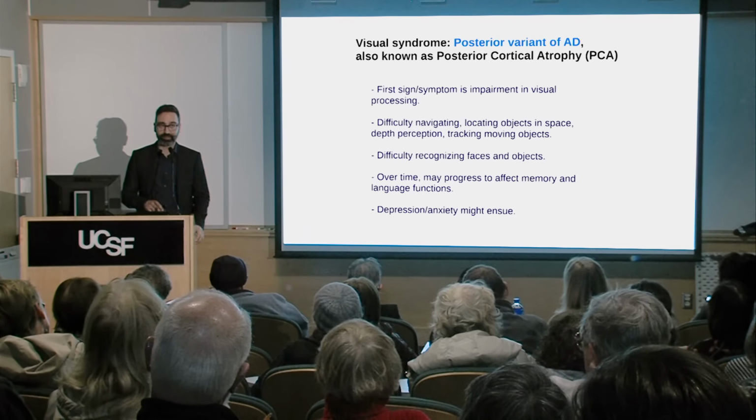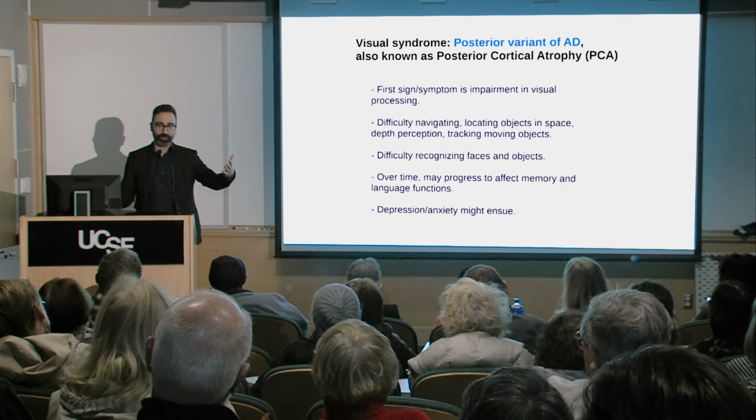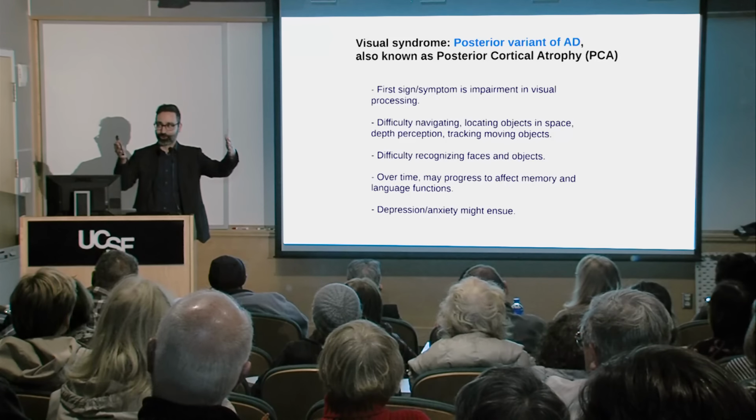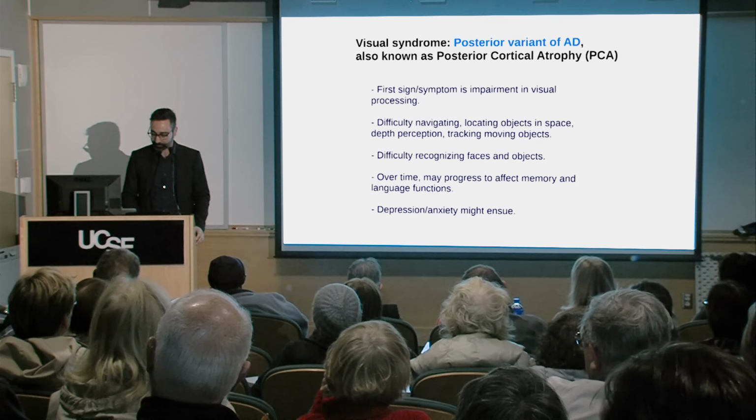They may open a fridge to look for the milk, and there are a lot of things in the fridge, and they're not able to visually process where the carton of milk is located. They may have difficulty with sizes of things, so they go to fetch a big glass or mug and they fetch a smaller one, or with table placement. They also may have difficulty navigating their own space. A room like this would be very difficult to navigate for somebody with this type of Alzheimer's disease, because to figure out where the door is and which side I have to go and how do I not bump into people, it's very, very difficult.